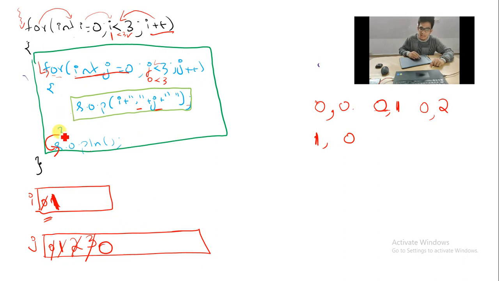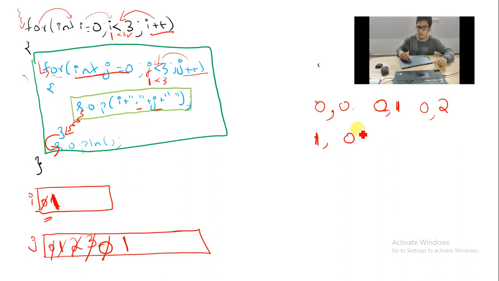After printing this statement, it will see the closing bracket of which loop? j loop, not I loop. So in the j loop, j plus plus happens. j becomes what in the memory? It becomes 1. As soon as it increments, it will check the condition. So what is the latest j value? 1. Is 1 less than 3? Yes, 1 is less than 3. Again execute SOP I plus j. SOP I, print the I value.